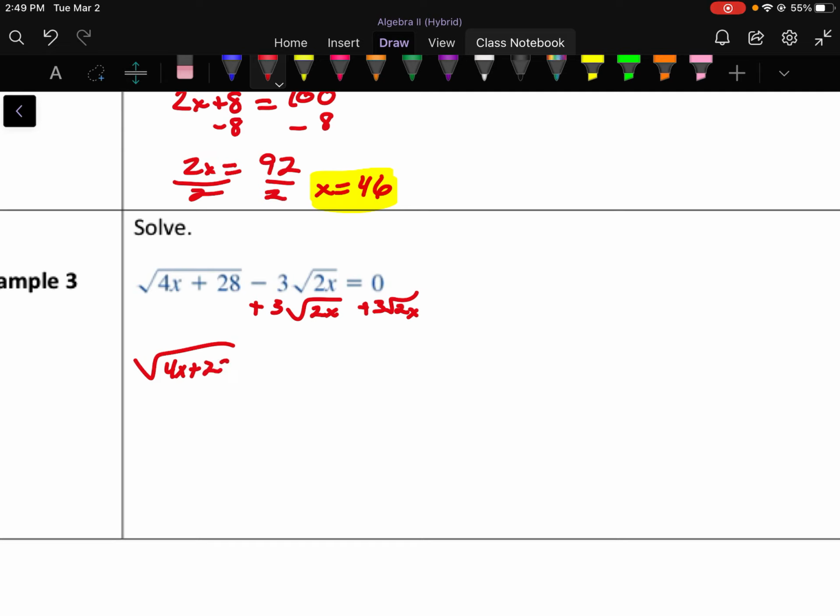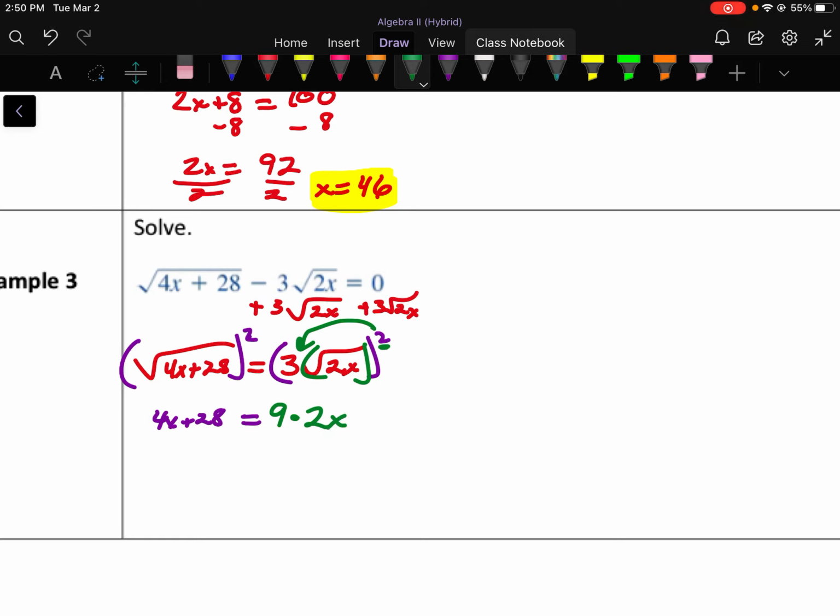So 4x plus 28 equals 3 times the square root of 2x. Now that we have our radicals on opposite sides, what we can do here is raise both sides to the second power, because all I care about is getting rid of the radicals, and everything else is just kind of the after effect of doing that. So on the left side, pretty easily, the exponent cancels the radical and leaves me with 4x plus 28. On the right side, you got to remember to take your power to a power rule. So we actually have to take 3 to the second power, which is 9. And then I have to take the square root of 2x to the second power, so that's where it undoes the radical. So we have 9 times 2x, which is just